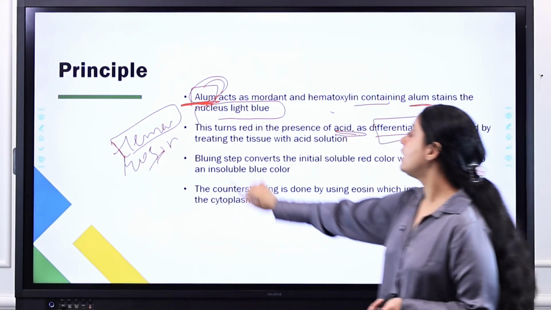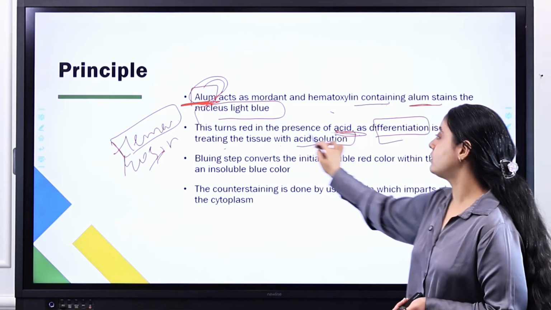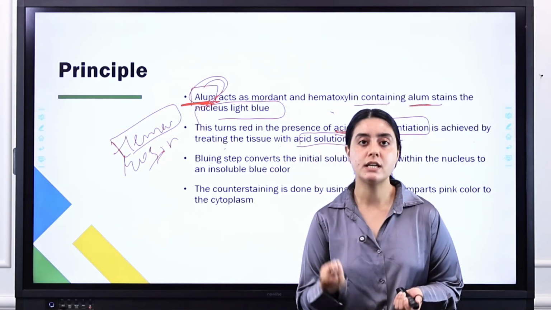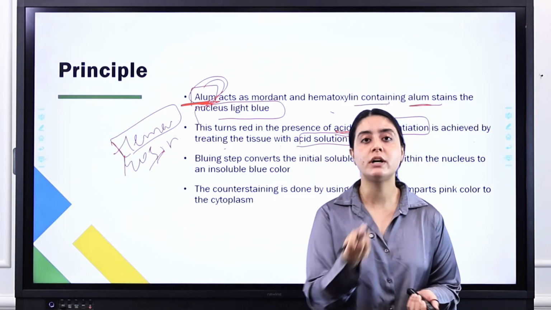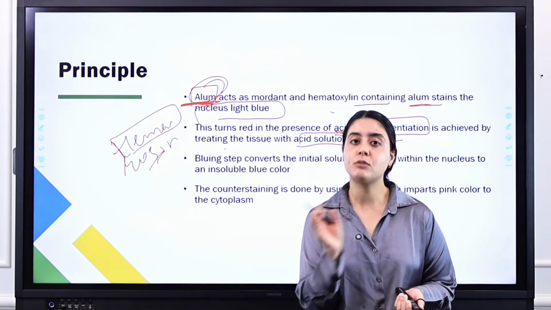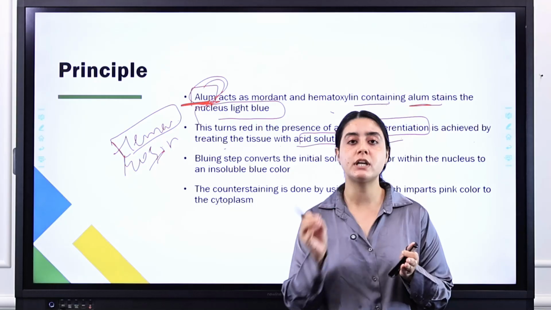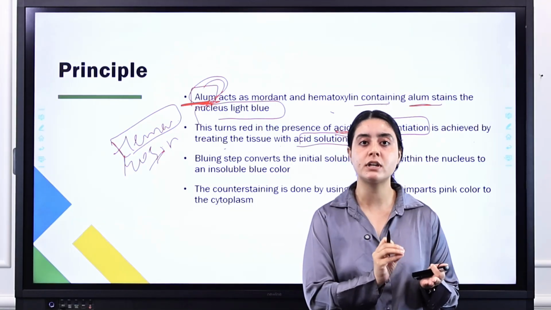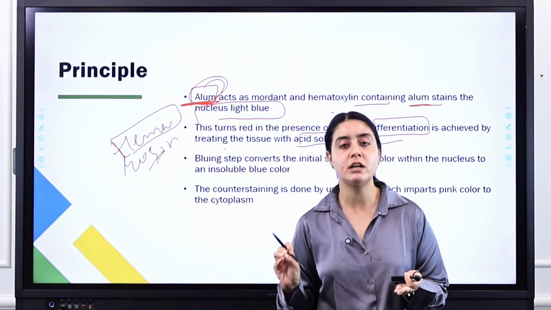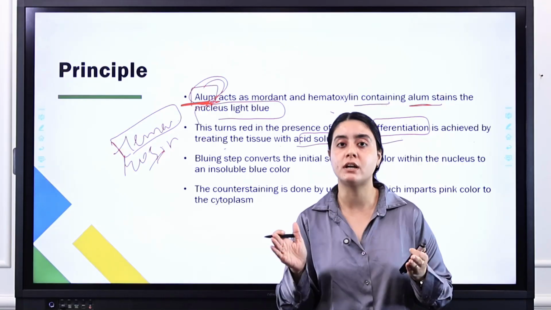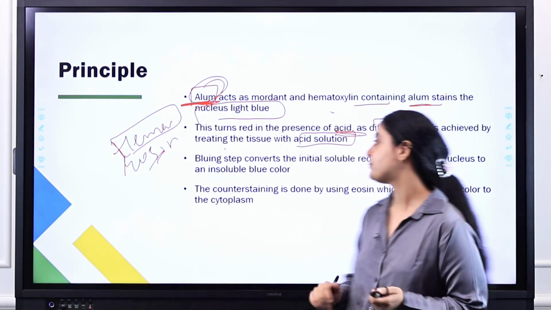Differentiation is achieved by treating the tissue with acid solution. So we have to differentiate whether it is nucleus or cytoplasm. Because we have to stain in different colors. Nucleus will take a different color, cytoplasm inclusions will take a different color. So we have to differentiate with the help of the acid solution.